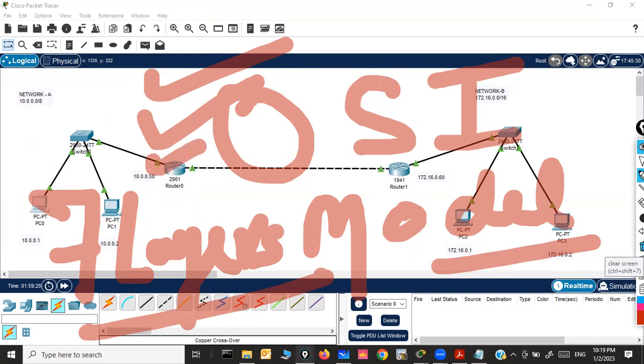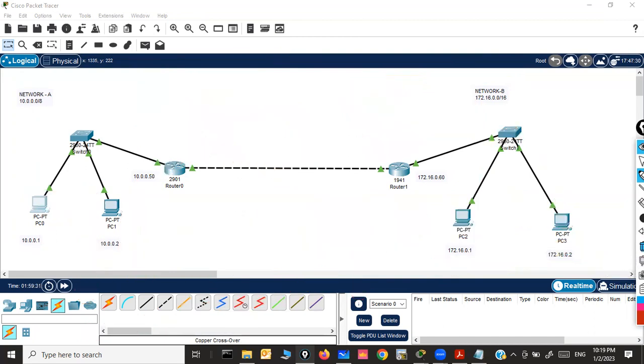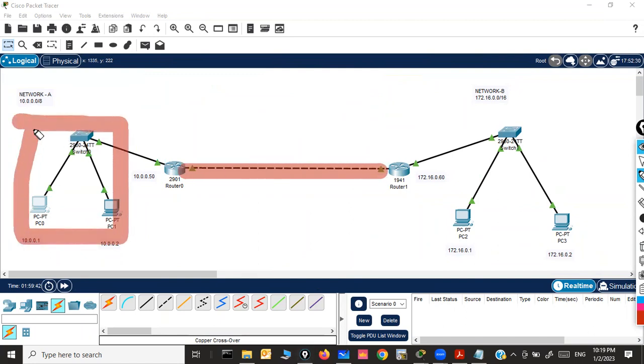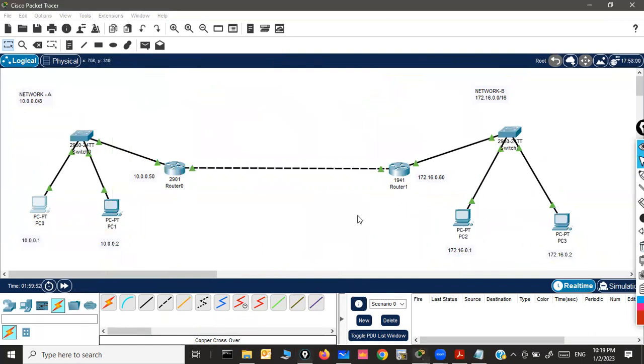So I teach OSI once you become comfortable with both routing and switching. My objective is to first start with routing, then cover your switching part, and then security. So different sections are there: routing, switching, security. I'll move step by step. No rush, in fact, I'm not in a hurry.